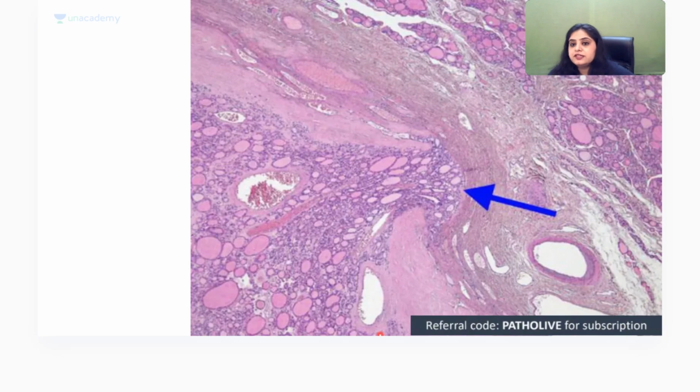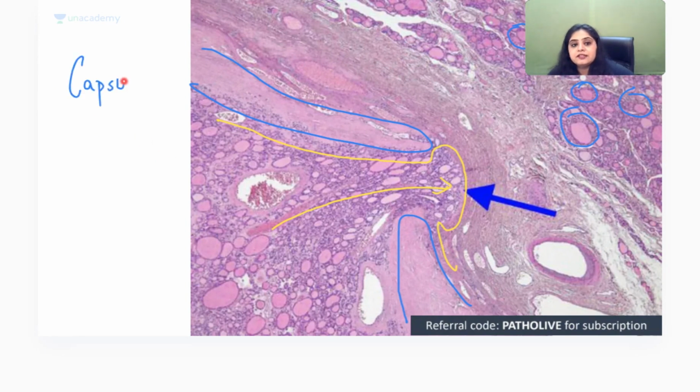Let's see pictures. Can you see this is the thyroid gland? What is this pink material inside the follicles? All of this happens to be the colloid. Then I see a tumor below it. The capsule is this one and the capsule is this one. Is it in continuity? No. Someone from below is coming and breaking this capsule like a mushroom. We call it mushrooming. Can you see the cells are coming from below and breaking that capsule? That is known as capsular invasion. So is this an adenoma or a carcinoma? Capsular invasion present means this is a carcinoma.